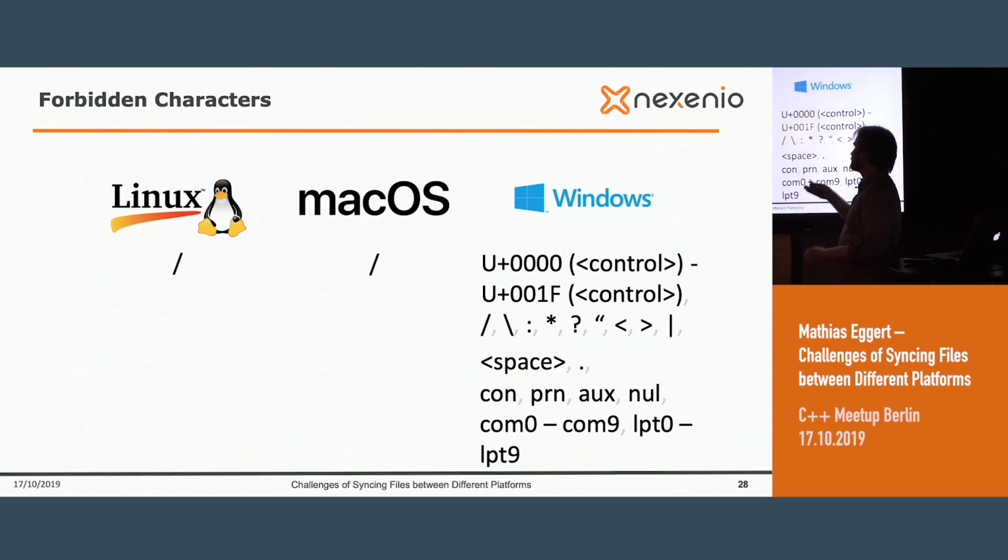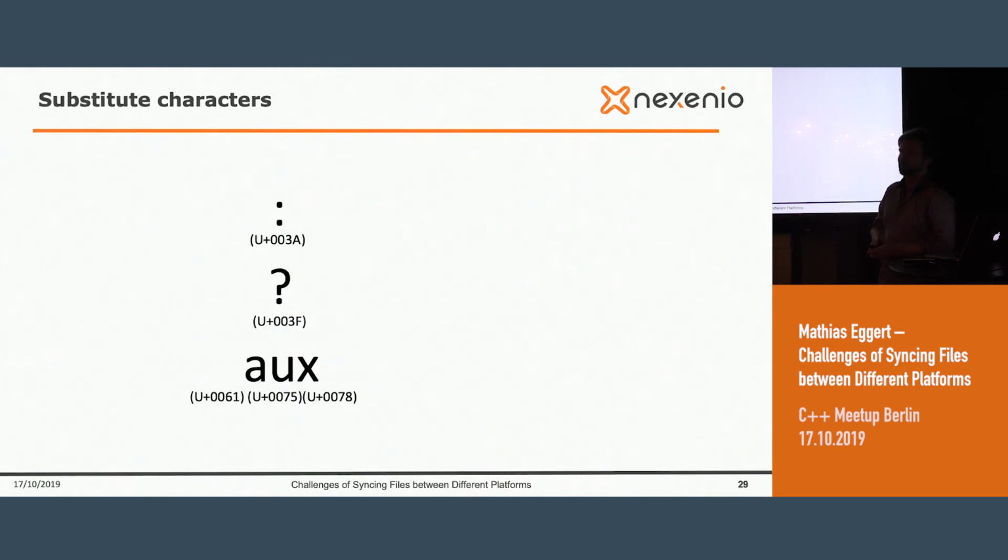If you now create under Linux or macOS a file name with a colon or a question mark inside of it, then you are not able to create this file name under Windows. And what other synchronization engines are doing most of the time is ignoring this file completely, without telling you a warning or an error. If you go to the web application, you will see them again, but under Windows, they just ignore it. For us, that was not a really good solution, so we substitute the characters because we wanted to show you all kinds of different characters, and I show you how.